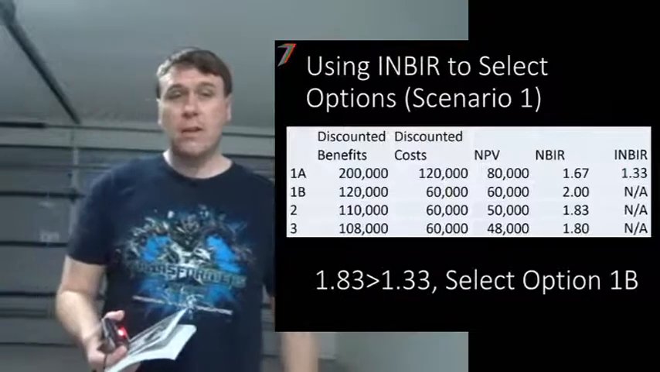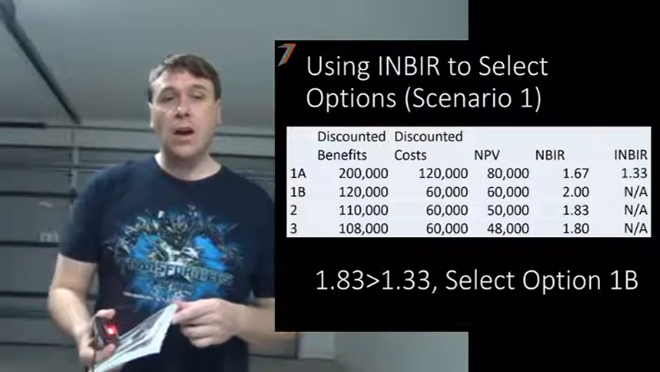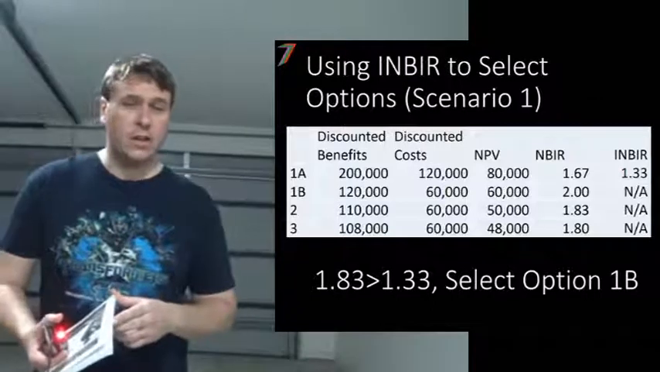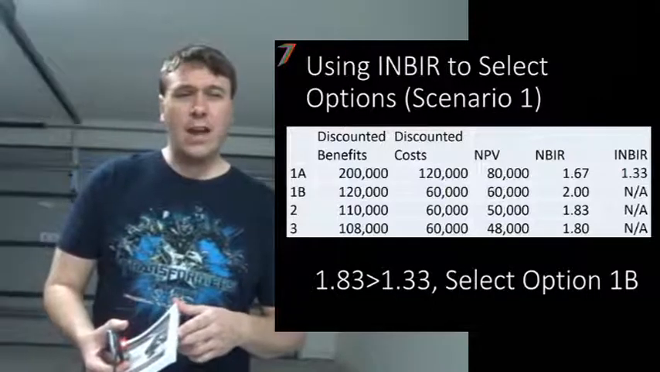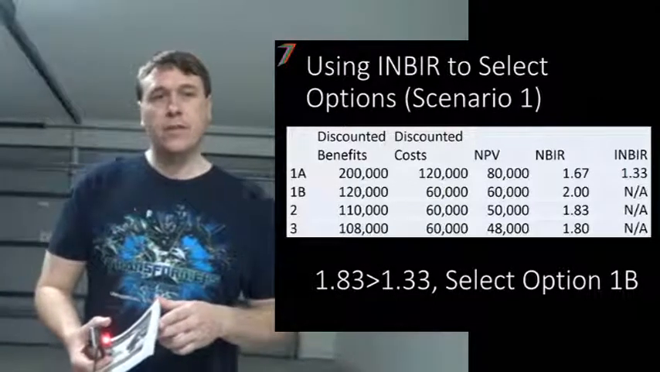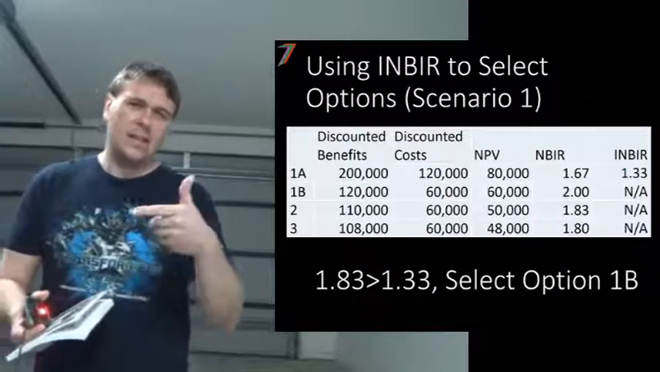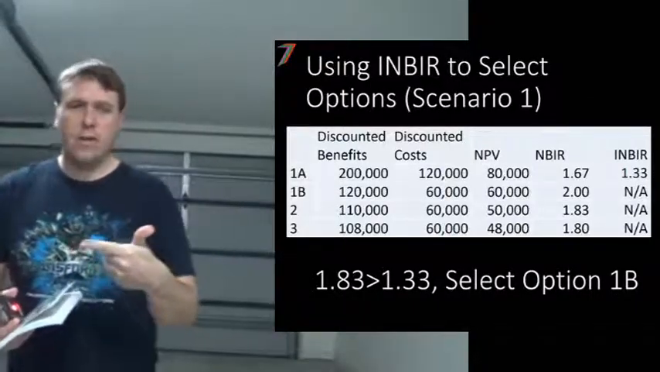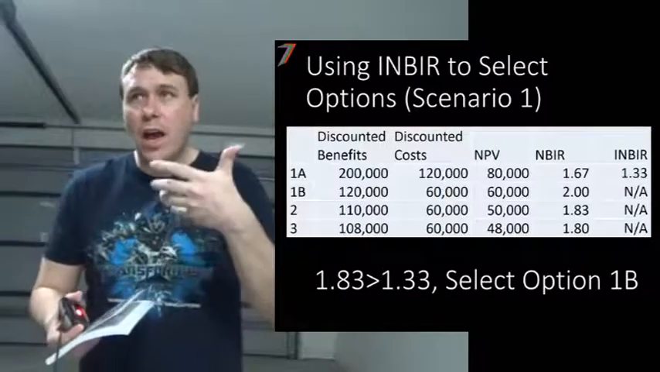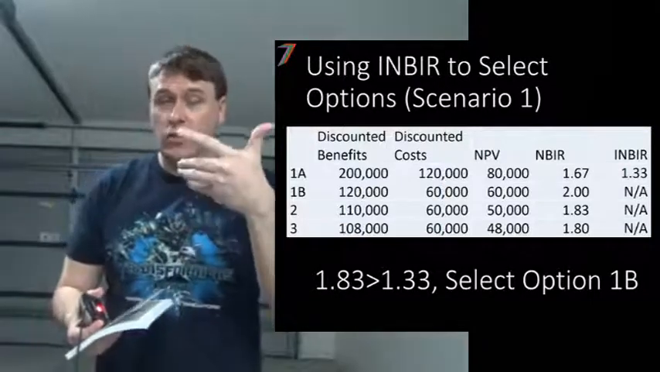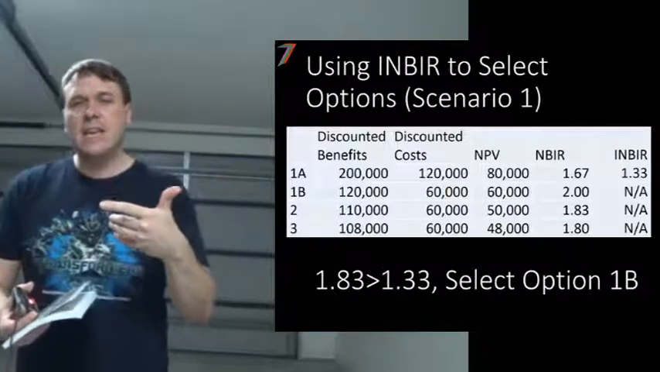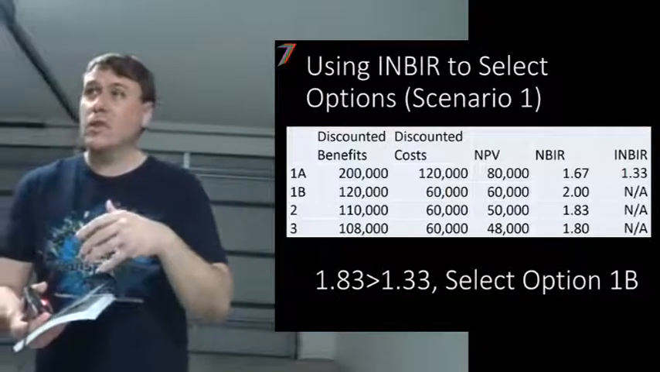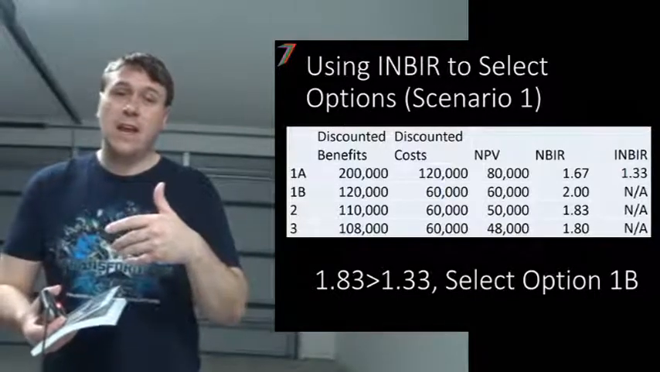And how does that stack up? As you can see, it's actually lower than project 2 and project 3. Because of that, that indicates that maybe we should go with option 1B, the lower cost option, because those additional benefits from that higher expenditure on your higher cost option don't exceed